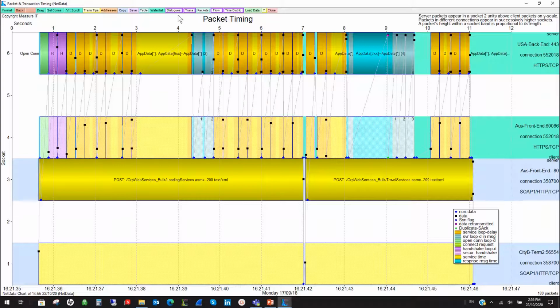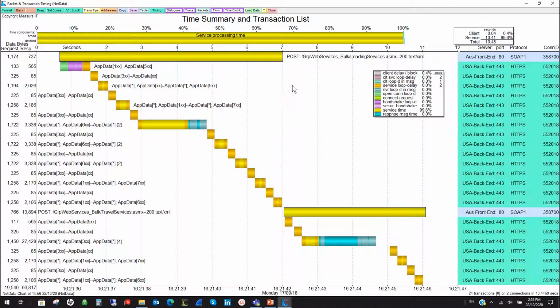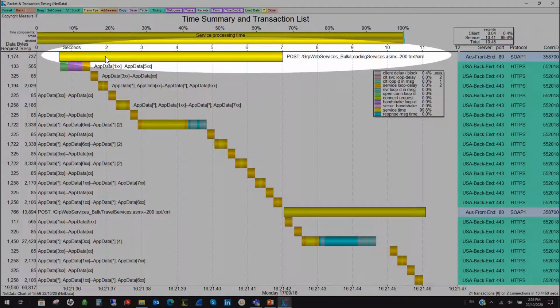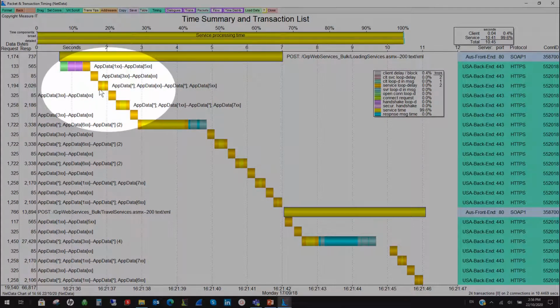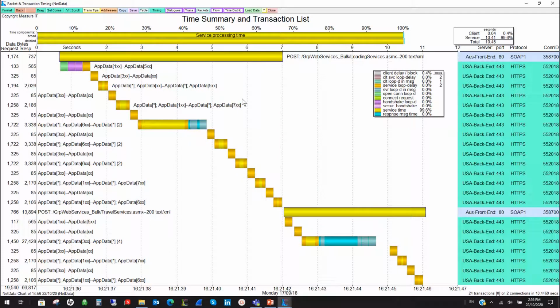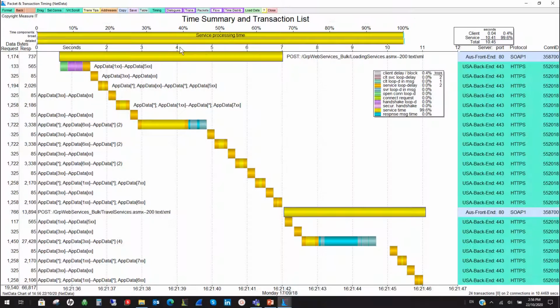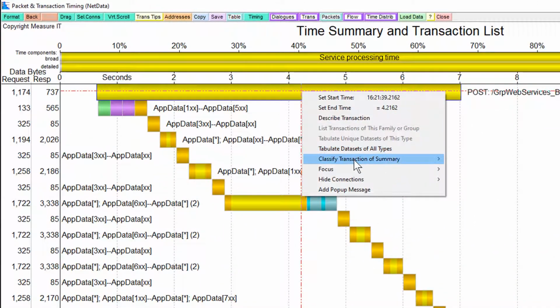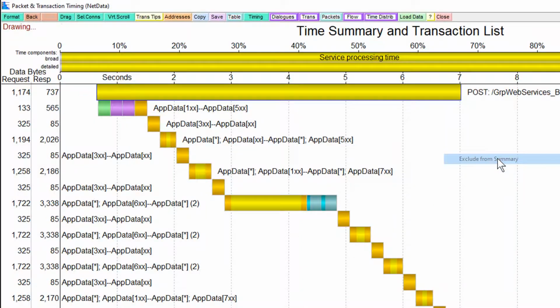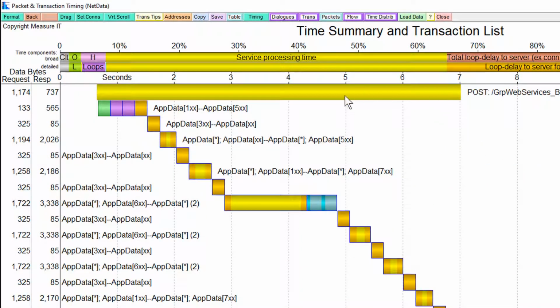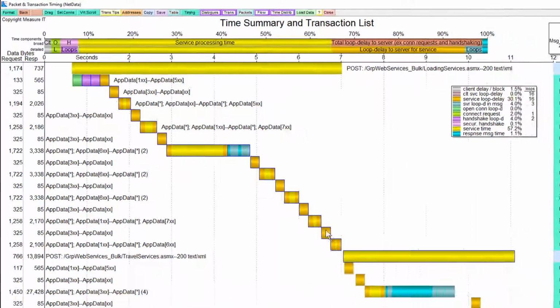Now, we go to the waterfall version of this, and we get a much clearer picture. There's the front-end transaction, and here are all the back-end transactions, essentially each on a row of their own. And remember, I've said before, NetData calculates a critical path, and in this case, the critical path is only 2 front-end transactions. That means that on the critical path, the whole time is yellow server time. But if I right-click and say, classify this transaction and exclude it from the summary, then that's not in the critical path anymore,